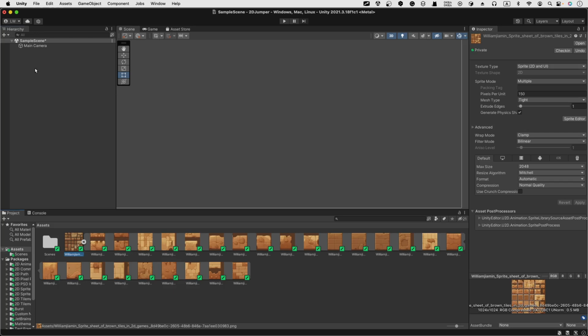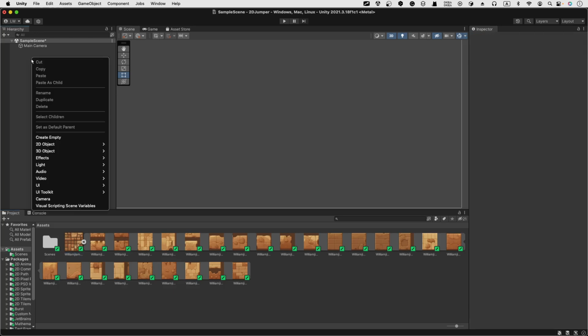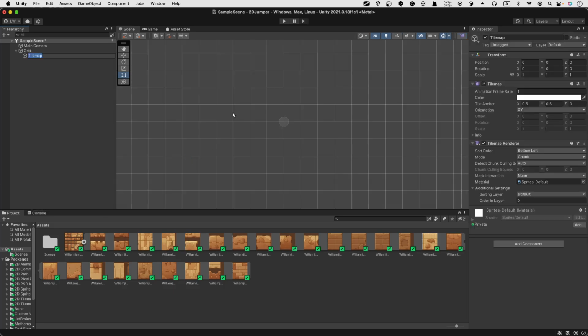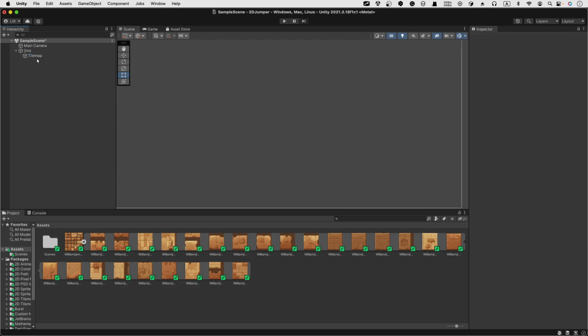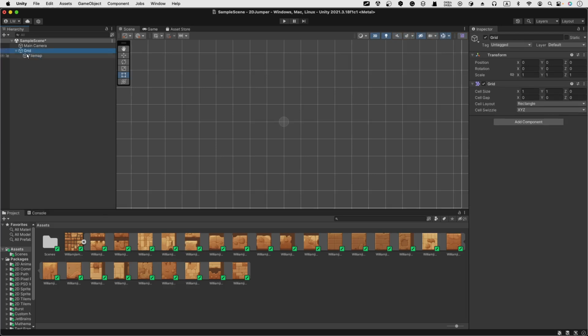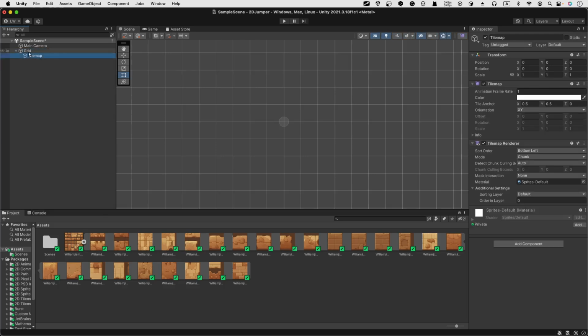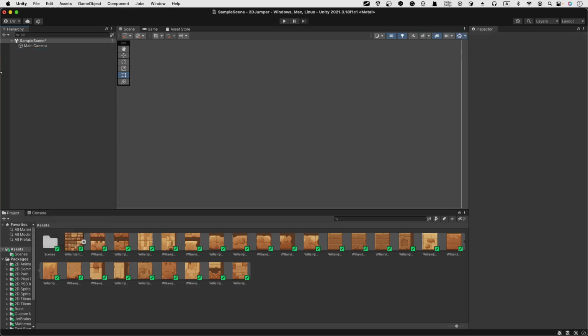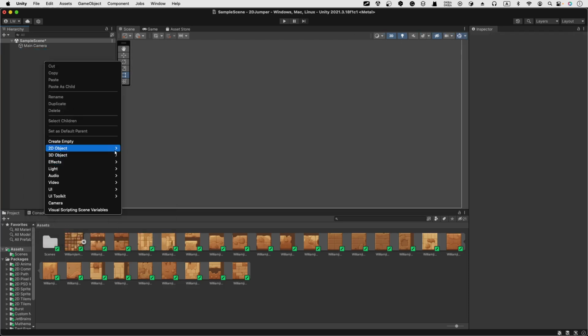Okay, so let's just create something new. Let's create a 2D object because we are building a 2D platformer right now. So let's get a tile map, and right now a rectangular one would be fine, so we'll just call it rectangular. This will automatically generate a grid, and inside we got a tile map. You can just delete it, and you can just watch another sort of